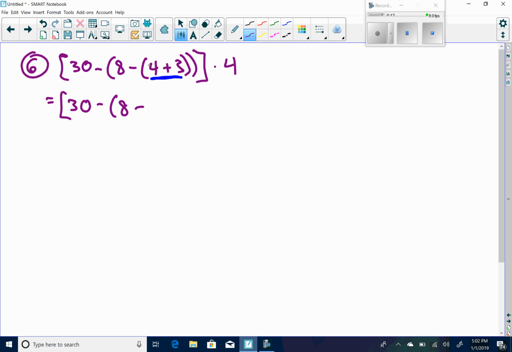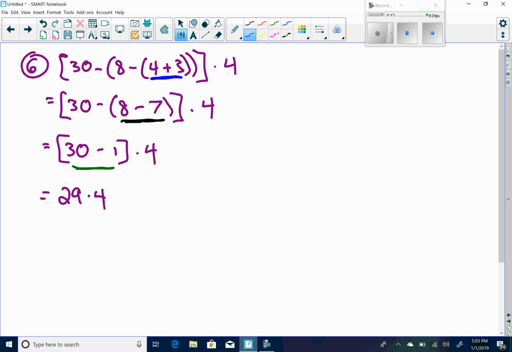Now, as I take care of this 4 plus 3, there's no need to keep that number itself inside the parentheses, so this just becomes the 8 minus 7. After that, the innermost set of parentheses is that 8 minus 7. 8 minus 7 will just give me a 1. Again, inside the brackets here, or that grouping symbol, is just the 30 minus 1, so I want to subtract